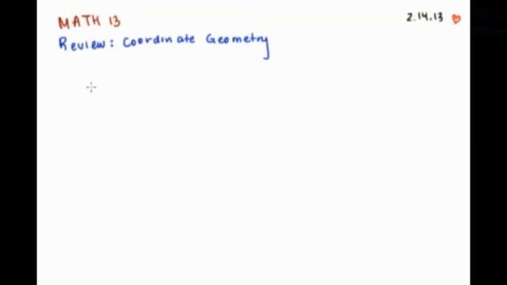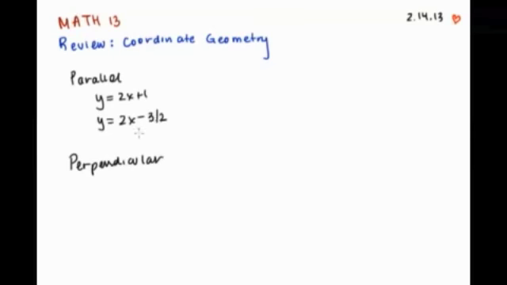In one of my earlier videos, we focused on what makes lines parallel and what makes lines perpendicular. For parallel lines, see, we have y equals 2x plus 1. What is one possible line that's parallel to this? Well, the slope has to be the same, and the y-intercept can be anything really. It can be 3/2 if you wanted. But in parallel lines, the slope is the same